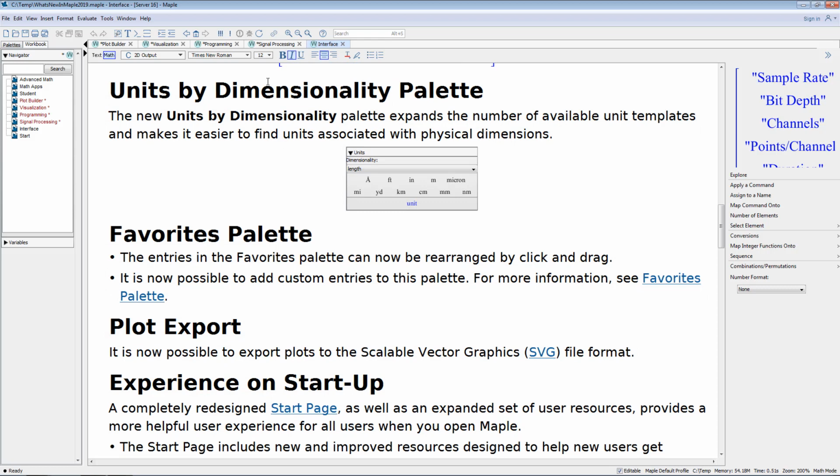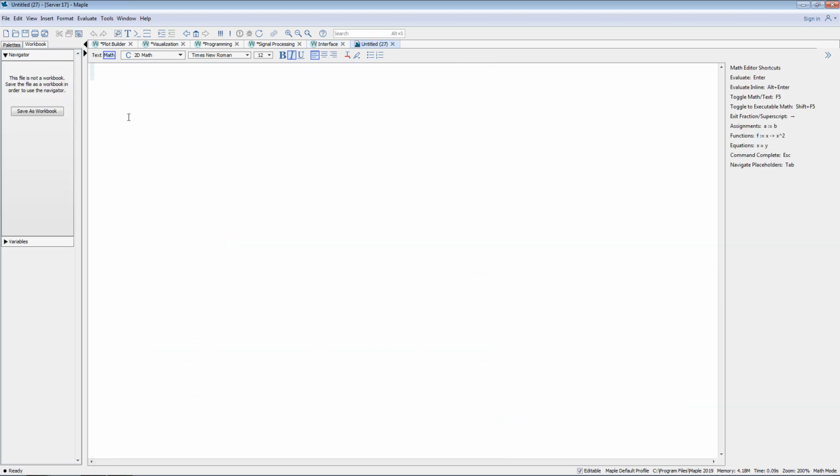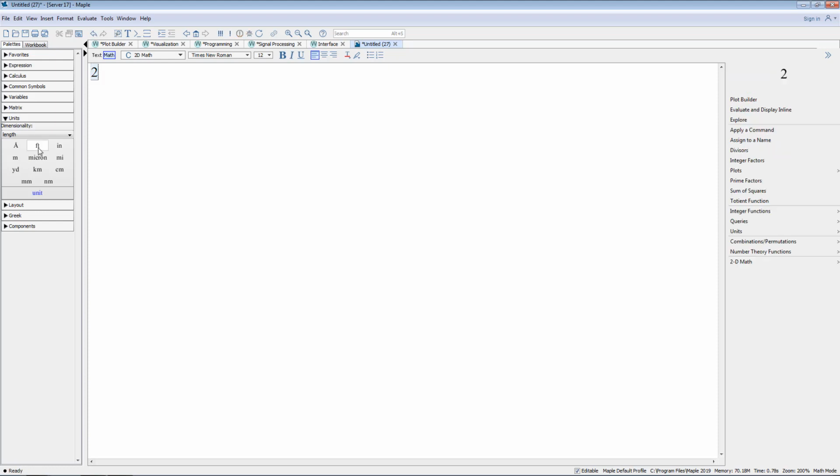All right, a couple new features. Units by dimensionality palette. Let me open up a new document here and show you the units by dimensionality palette. I'm going to go over to our palettes here. You'll see units. And this units by dimensionality palette has actually replaced two previous palettes. They were called units FPS and units SI. And what this allows you to do is quickly do 2 feet